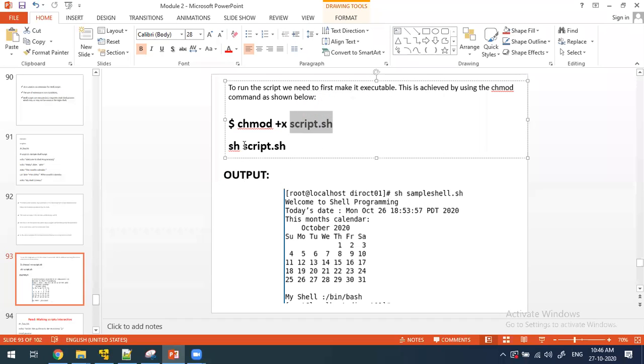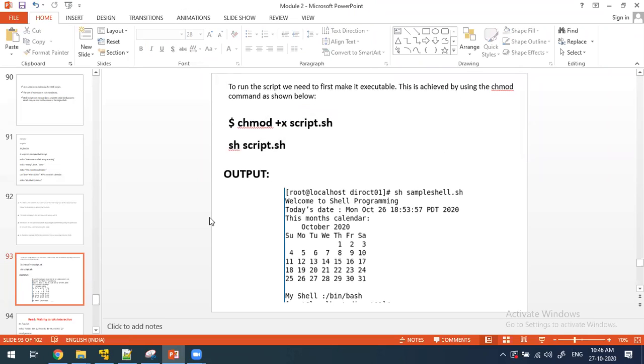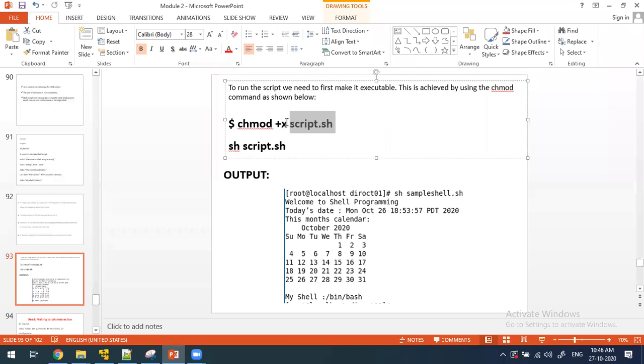Then execute. Normally, whenever you create a file, executable permission is not there by default. If it is not there, you have to give the file executable permission.